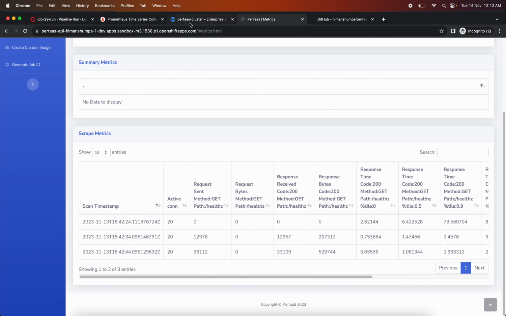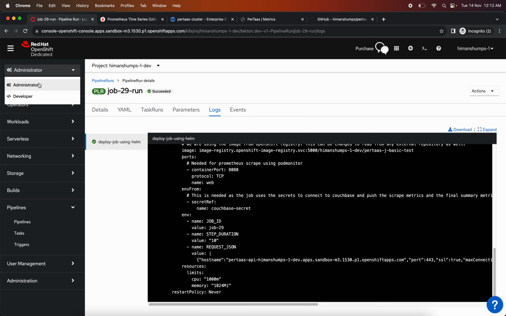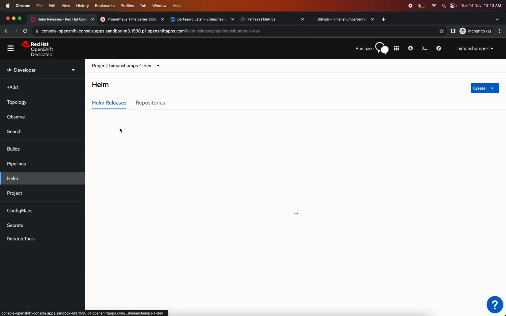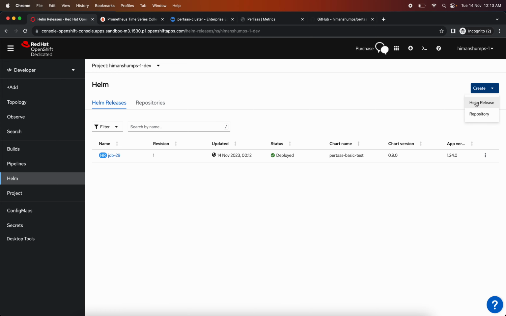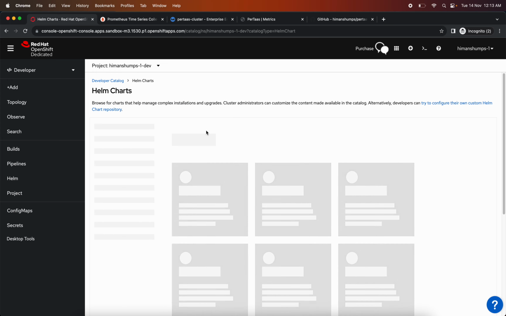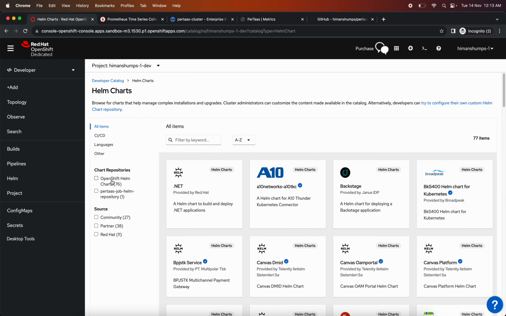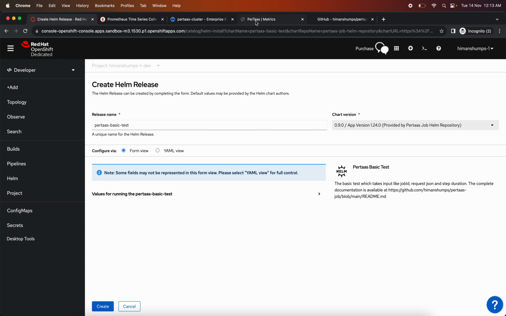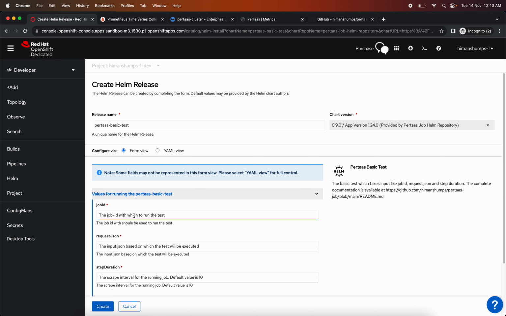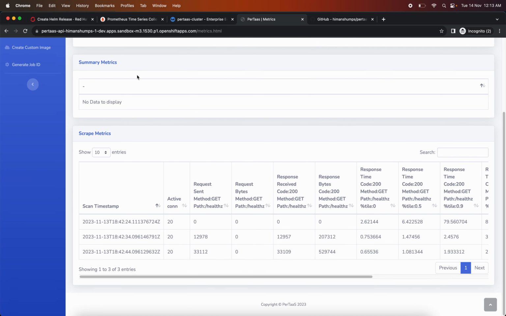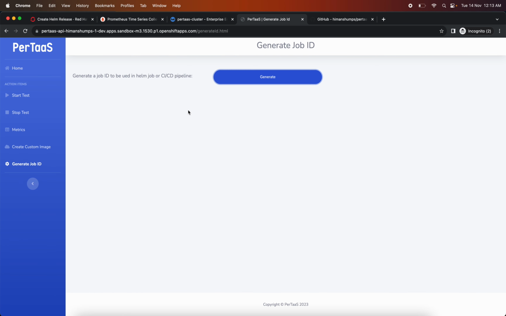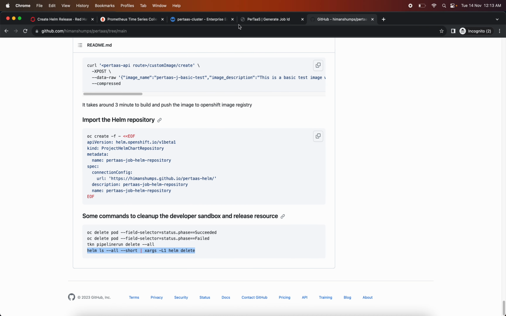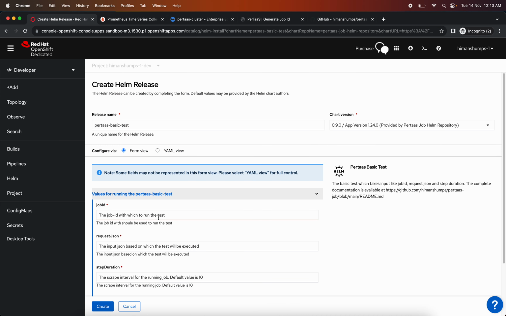You can run the same test by going to Helm charts, and you can create a new Helm release. You can take this, create, and for generating the job, if I go to form view, it asks for the job ID. The job ID can be generated from here. Job 30, I can take this, provide it in the Helm release,